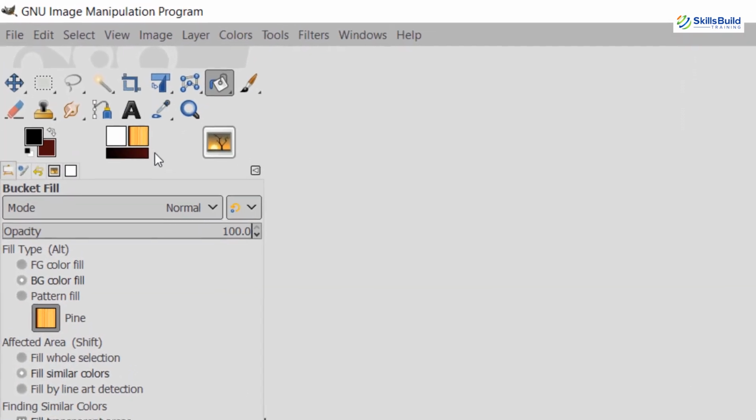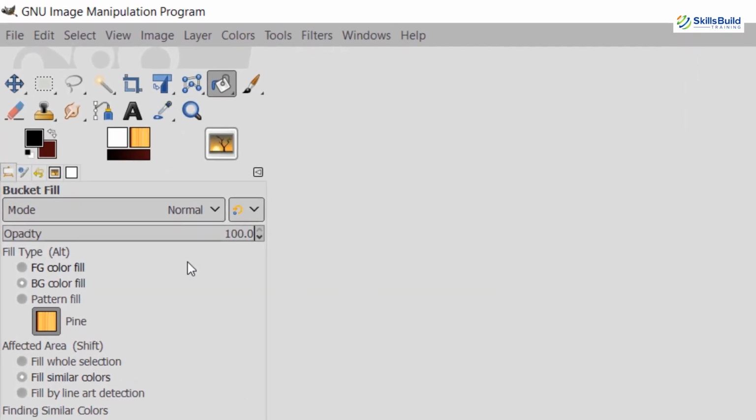Now let's discuss all these sections briefly so you can get an idea how you can use them. Then I will show you through practical work how you can use them easily. Now coming towards the first option, that is the main toolbox. The main toolbox is the heart of the GIMP. It is the only part of the application that you cannot duplicate or close. Let's talk about the toolbox menu.